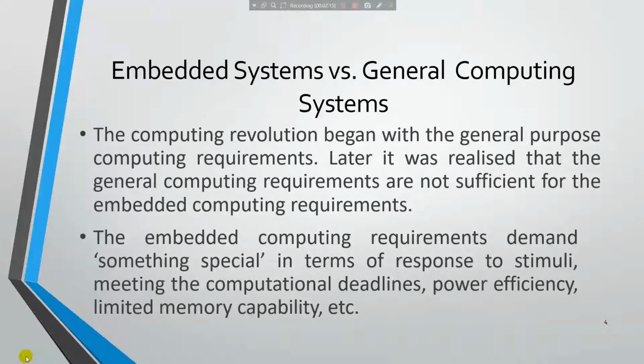So, embedded system versus general computing system, that is nothing but GCS. General computers, we all know, we use laptops, we use systems and all. Those categories come under general computing systems. Embedded systems is something like your automobile, where you will be studying about real-time operating systems. Apart from that, you will be studying about smartphones. So these are all your embedded systems. I can't say that a smartphone entirely is an embedded system, but a part of it can be called an embedded system. A particular task has to be done, so that comes under embedded system.